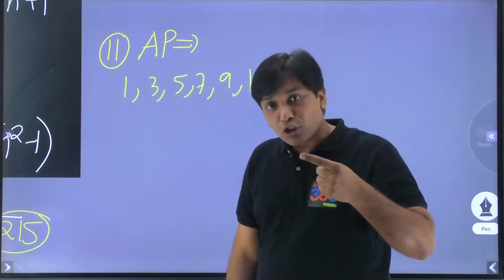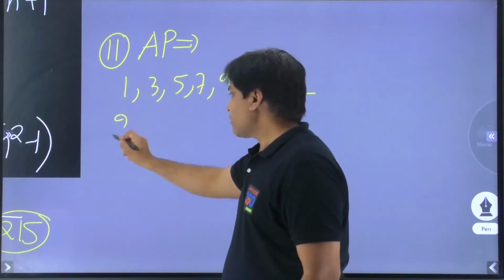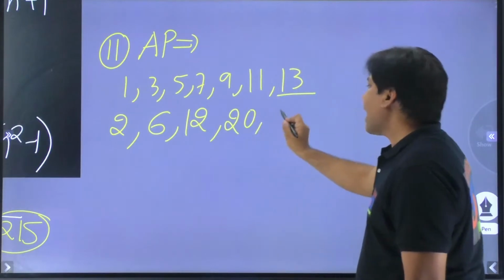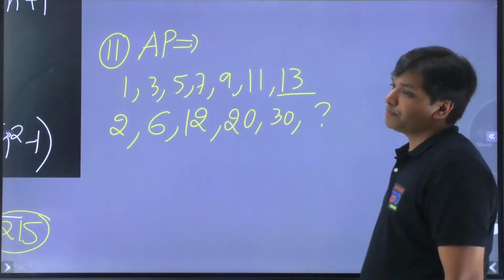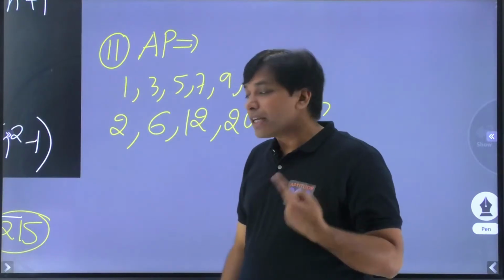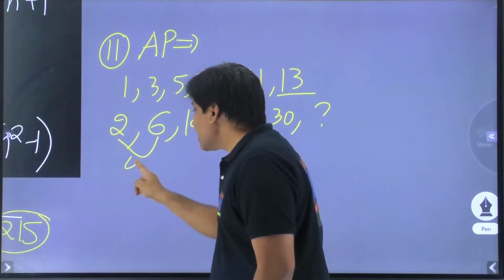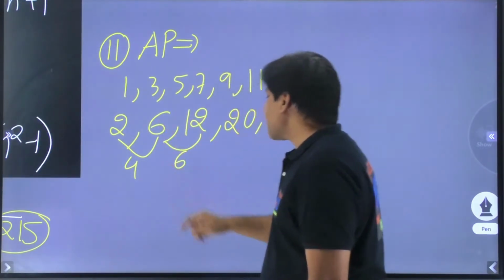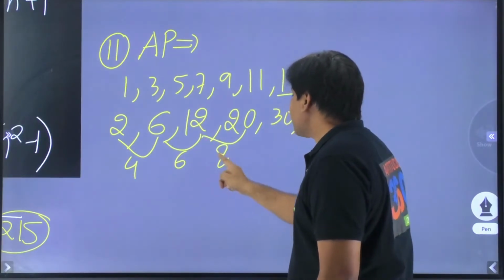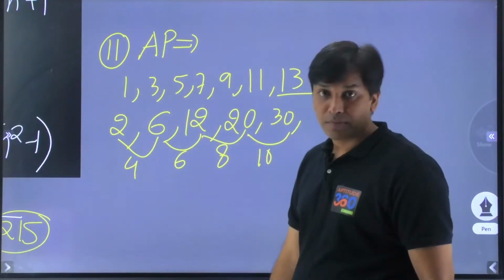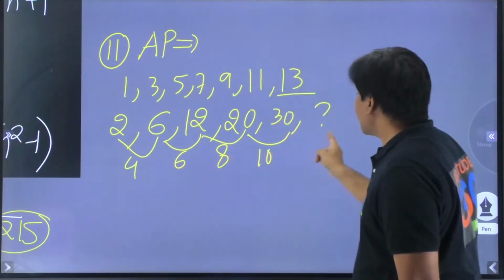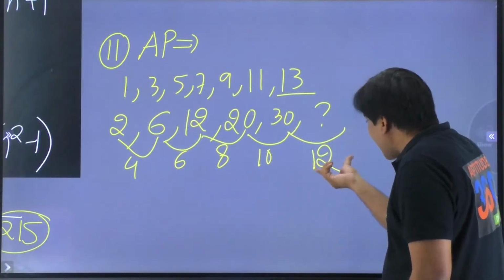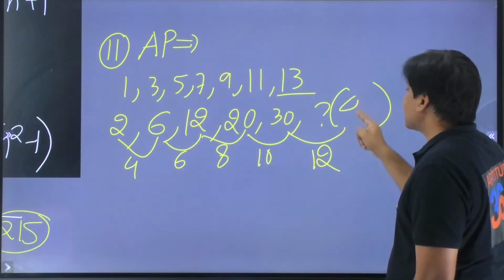And if they are not in arithmetic progression, something like if I say 2, and then 6, and then 12, and then 20, and then 30, what is the next term out here? If they are not in arithmetic progression, at least their differences are. If you see 12 minus 6, it is coming out as 6. So these differences are in arithmetic progression. So if this is 4 and then 6 and then 8 and 10, what will this one be? This is going to be nothing but 12. And if it has to be 12, this number will have to be nothing but 42.